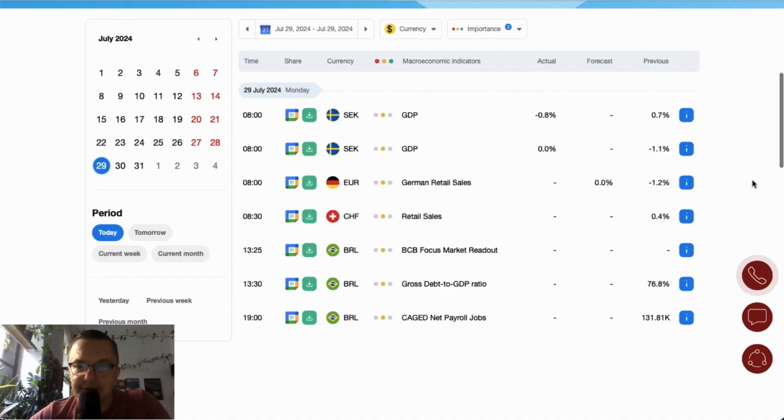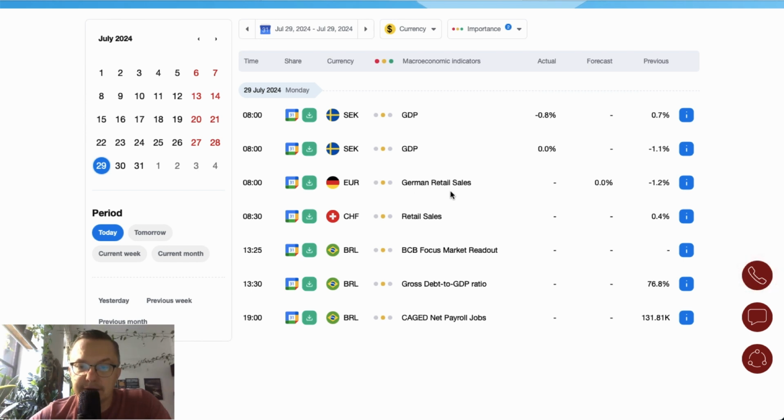As you can see, the calendar is not busy at all. I have selected only the yellow and red events. So these are of course the events that are medium and very important. As you can see, we got some data from Sweden. Then we got data at 8 o'clock from the